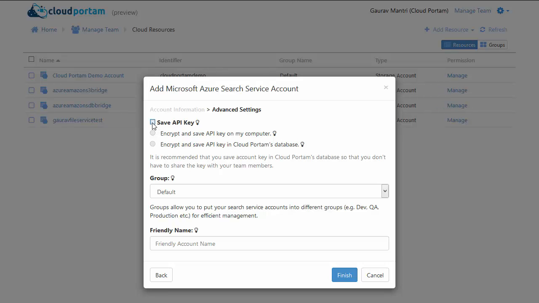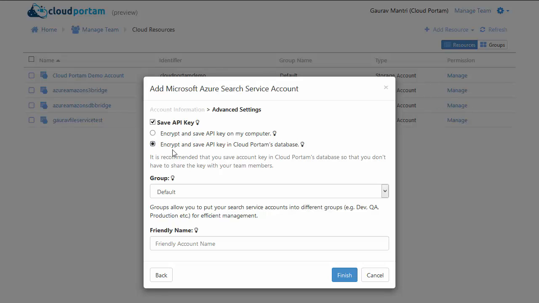Now you could also instruct Cloud Portal to save the API key. When it comes to saving the API key, essentially you get two options. The first one is encrypt and save API key on my computer. What happens in this case is Cloud Portal encrypts the API key and then saves that API key in your browser's local storage. It is not stored anywhere in our database.